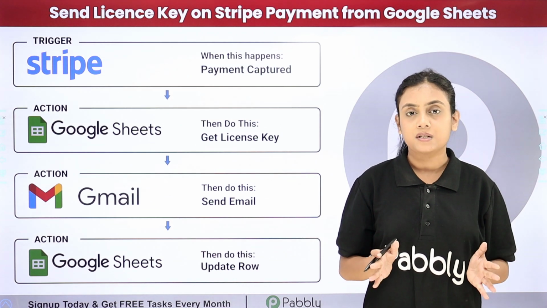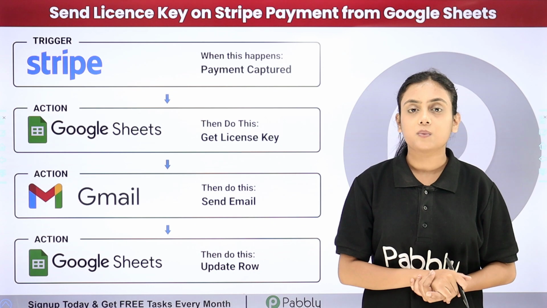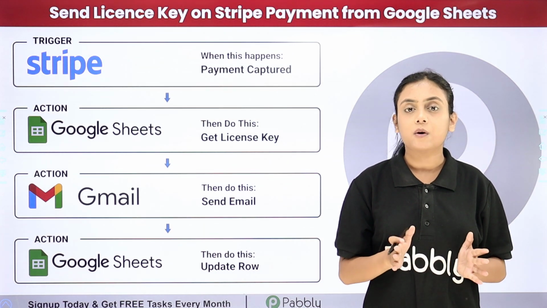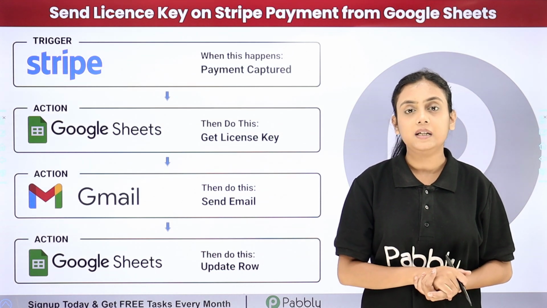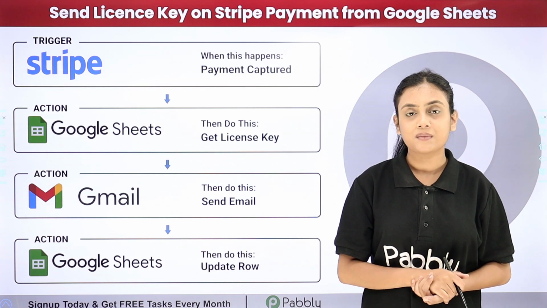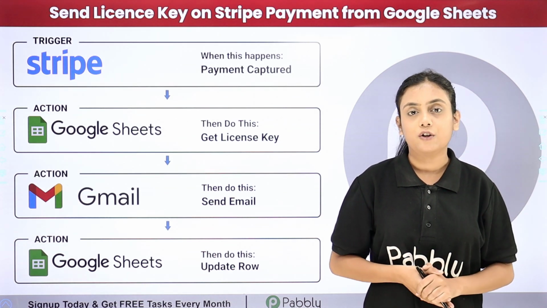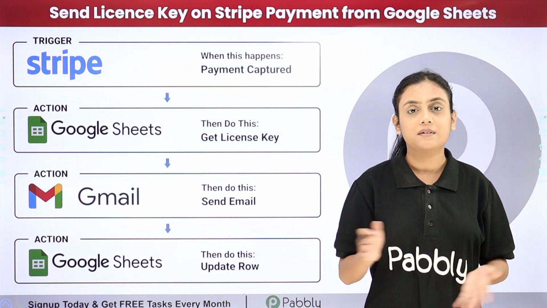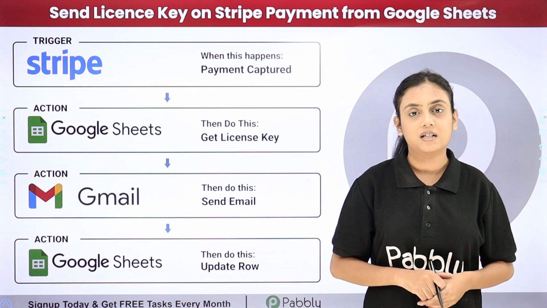So here what I want is that as soon as any of my customers makes a purchase with the help of Stripe, then with the help of the Google Sheets record that I've created, the customer should receive the unique license key with the help of Gmail as an email, okay? And if I'm going to do this manually, it is going to take me a lot of time. So what I did was I simply created an automation using Pabbly Connect, which is an amazing automation and integration